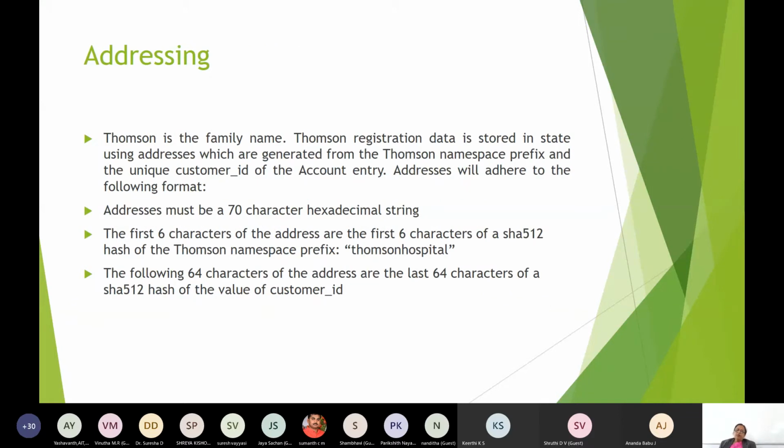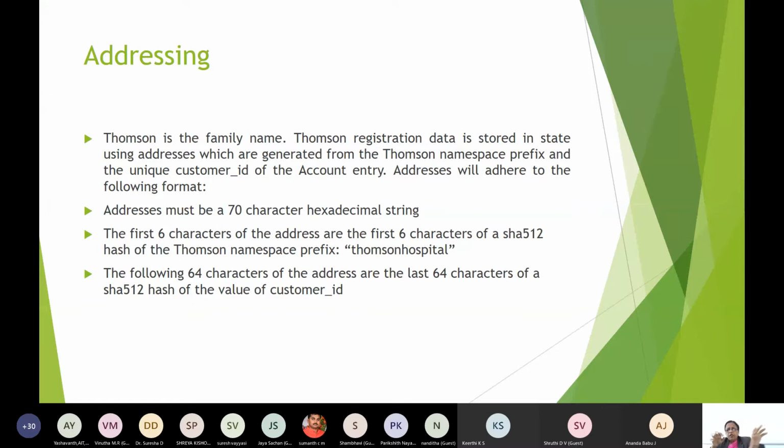Okay. Thompson is the family name, and Thompson registration data is stored in the state using addresses which are generated. That Thompson I had put in as the family name. I hope you remember that part as the prefix. And customer ID, I think I had put 12 or 42, I don't remember.